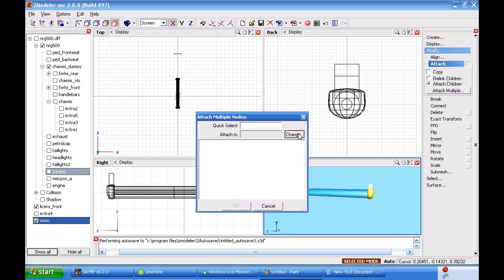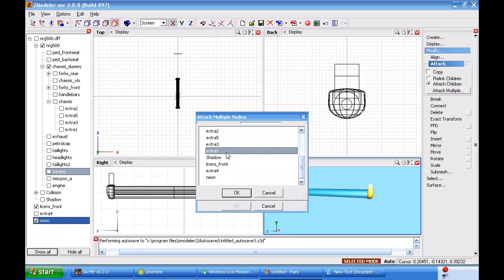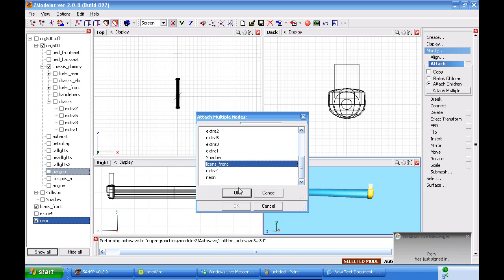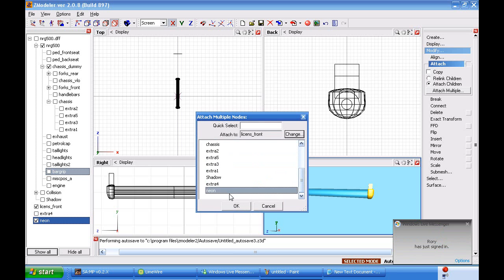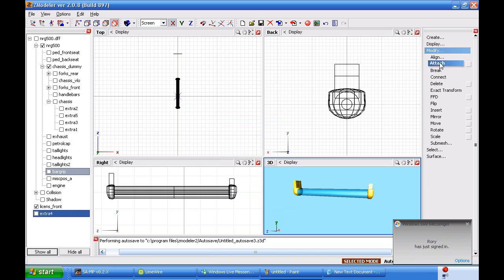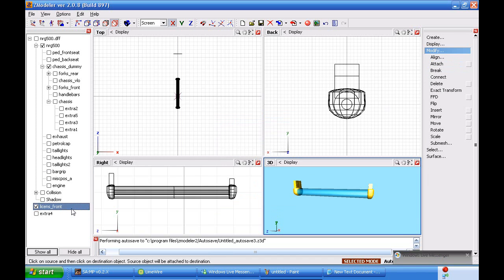Now we attach the license plate. Which is license front for some reason, to neon. Alright. Now we're going to call this mod